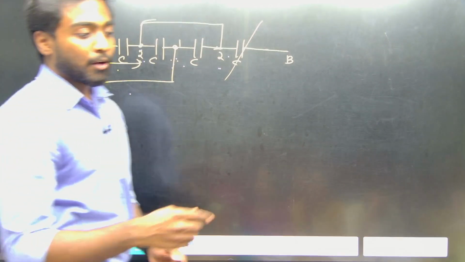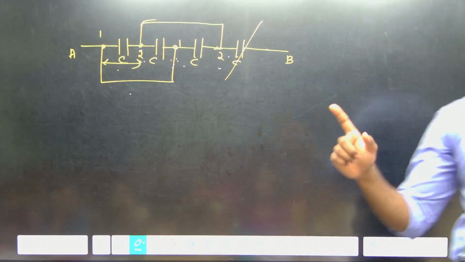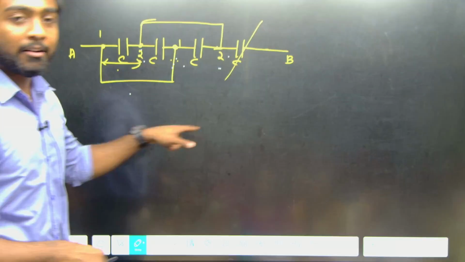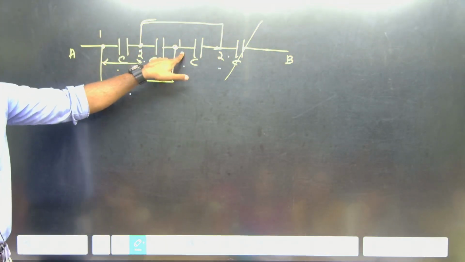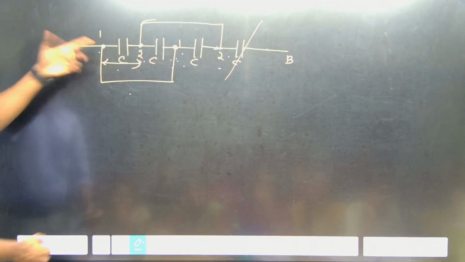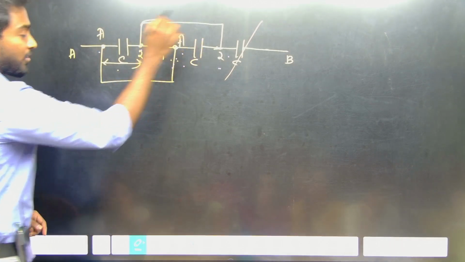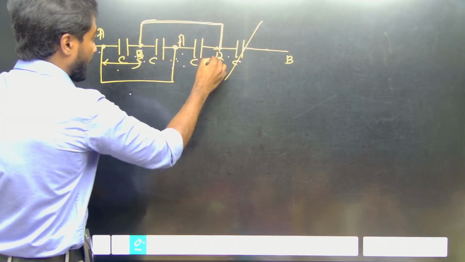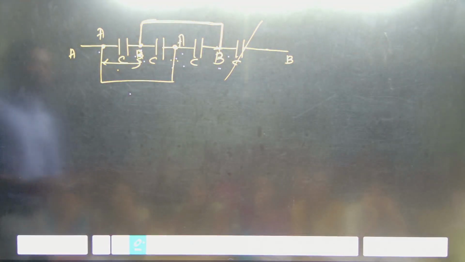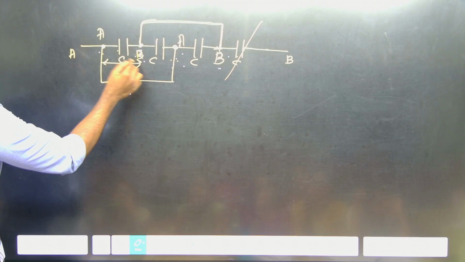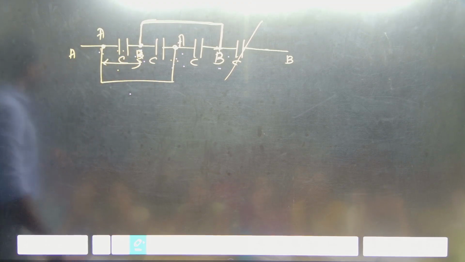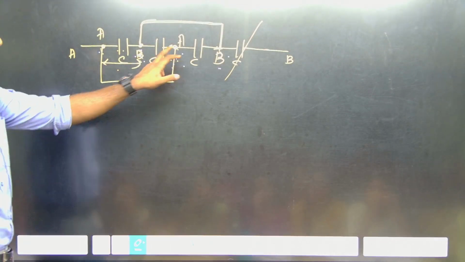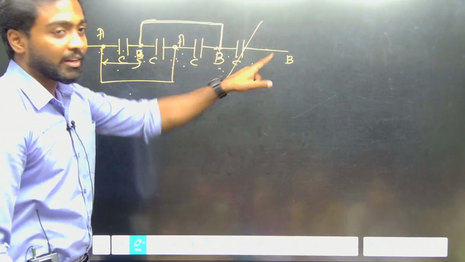If you are getting any kind of wire problem, take a point of the first wire, see where the wire ends. Throughout the wire the same potential. If I take this as 1 or A, up to this it will be A only. If I take this as B, up to the last point it will be B only. So the potential difference across this capacitor is AB. The second capacitor is BA, the third capacitor is again AB, but for the fourth capacitor only one potential is there,